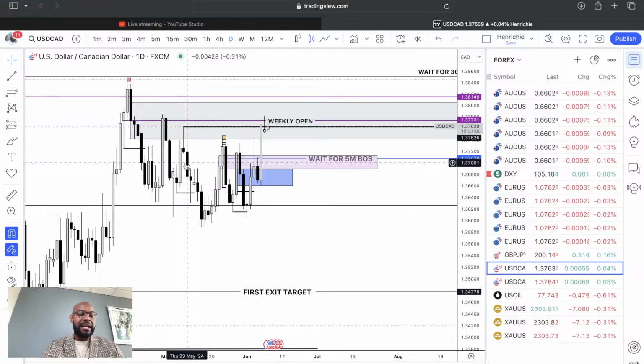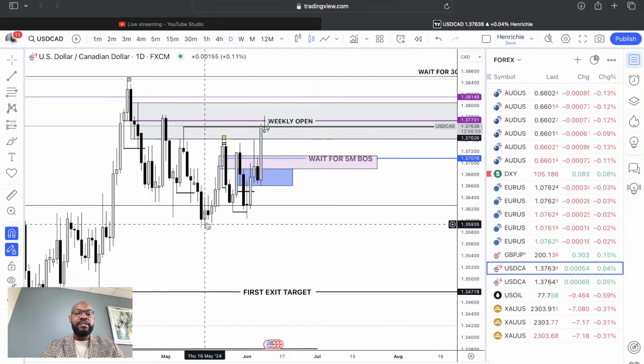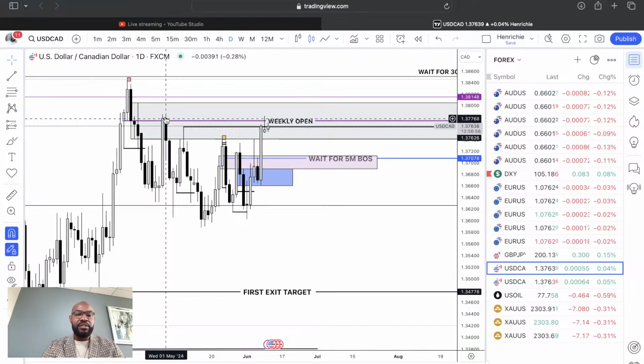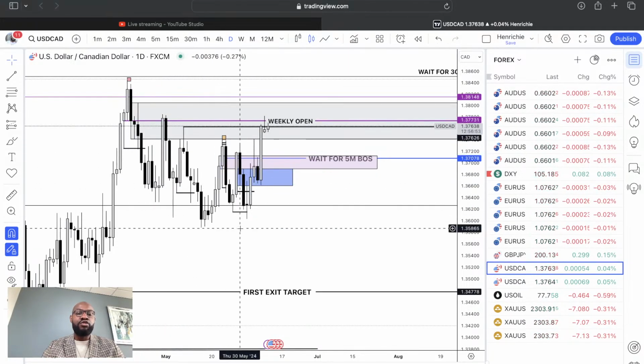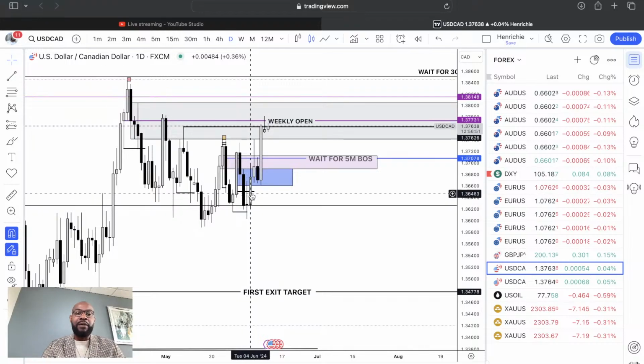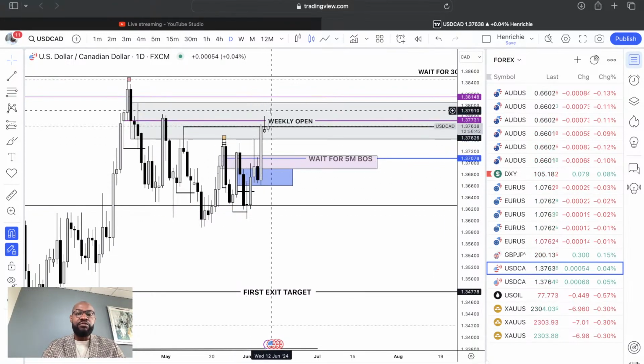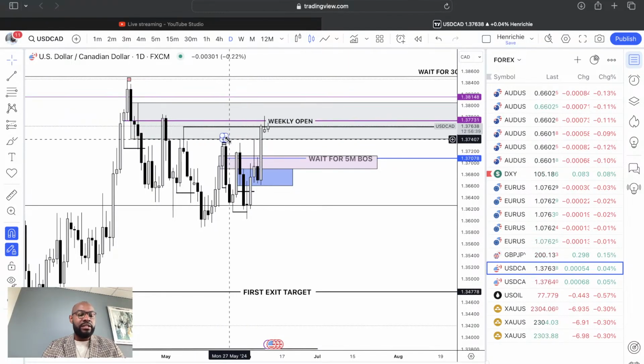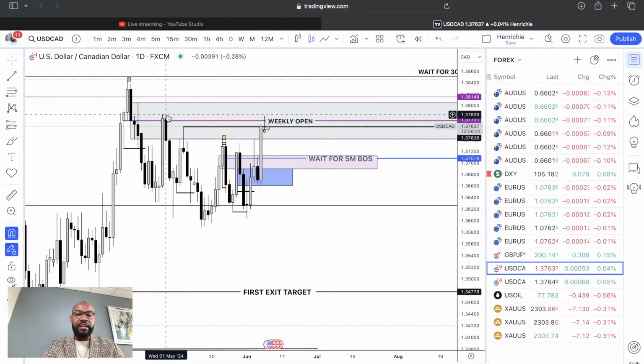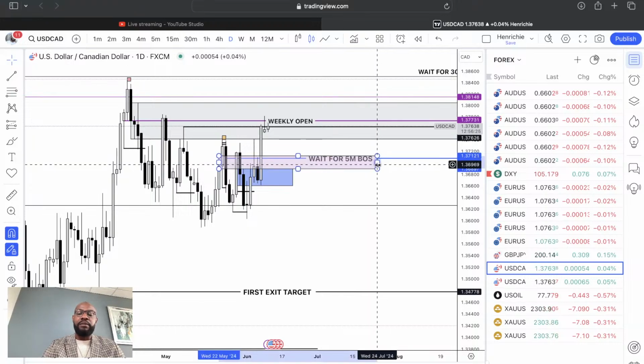And the reason is because I don't like the price action. In as much as it's coming to the downside, I'm still seeing a lot of bullishness. The fact that price consistently keeps coming up and up and up, it's showing me that telltale sign that this might want to run a buy side liquidity. And as you can see, like I said previously last week, eventually price rallied to the upside, took out all the buy side liquidities, every single trader that was trying to sell this, forgetting the fact that we have a low resistance liquidity and also a low resistance liquidity resting right here. You can see how price came back up, wiped them clean, and took them all out of the market.